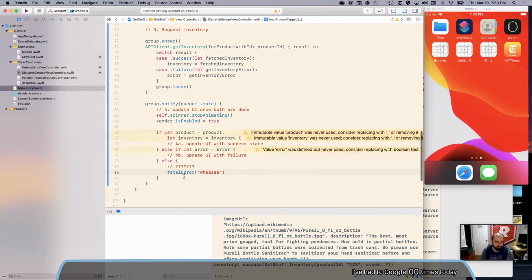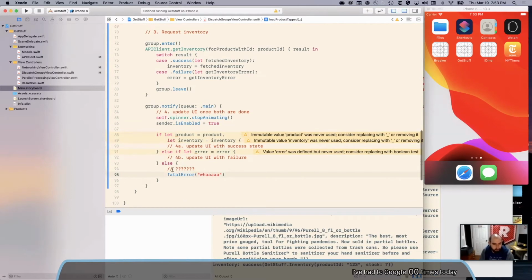In your app, you might have a better idea of what would have happened in that case, but it's worth thinking about. Otherwise, your UI will just hang out forever. Not actually, sorry, it won't hang out forever. I don't need this else because we have turned off the spinner and we've set the button back, so you could try it again. Anyway, that was a digression.